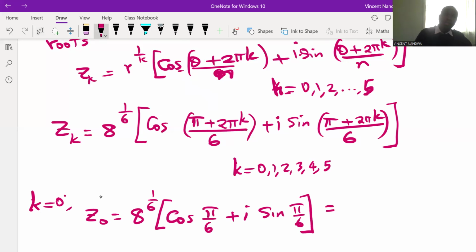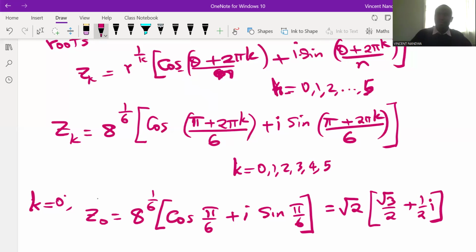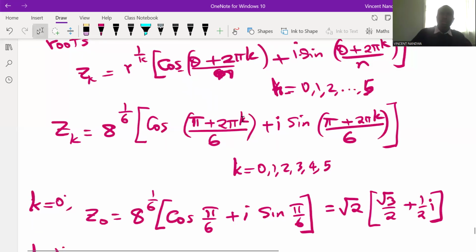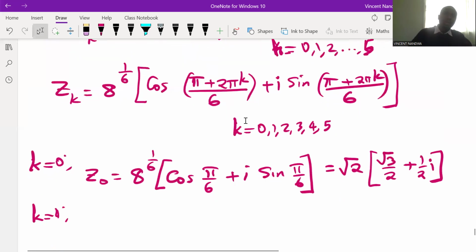When you work out this, you get 8 raised to the power 1 over 6, which is root 2. Cos of pi over 6 is root 3 over 2 plus a half i. So when k is 1, you replace k here by 1. What is k? So we'll have pi plus 2 pi, which is 3 pi over 6. So z1 will be root 2